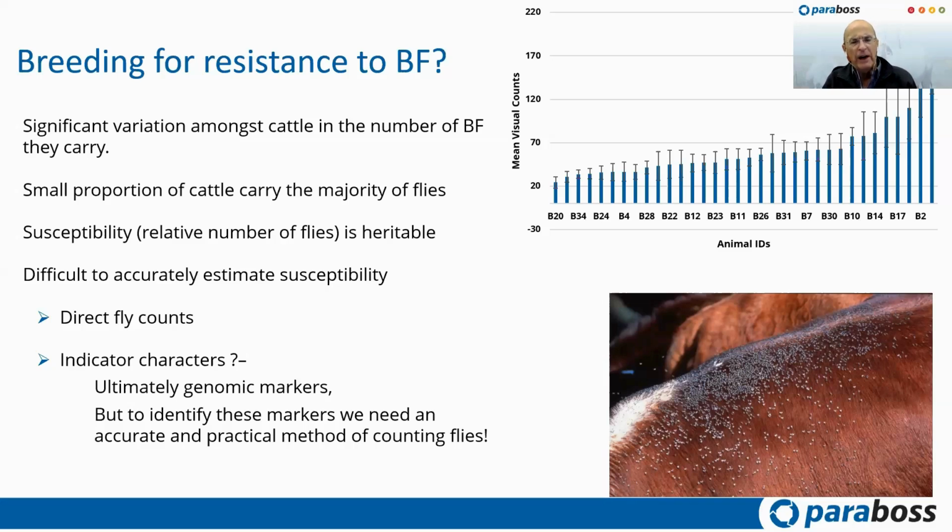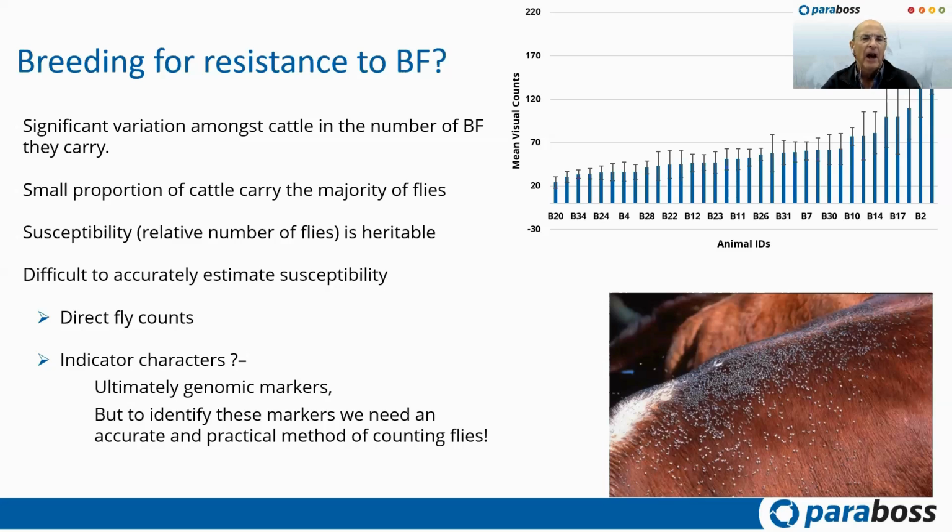Even with worms, if you're breeding for worm parasites, you expect that if you take a fecal sample, then you go out and measure the worms, then go out and take another fecal sample, you'll pick out the ones that have got high worms, and the same animals will turn up each time. With buffalo flies, it's quite totally different, because if you disturb those flies and they spread to other cattle, you can get a totally different count on that same animal. If you count it in a race, run it back round and count it again, and you get a quite different measure. So it's really difficult to get accurate measures. So I'm going to come back to how we might be able to get better direct fly counts